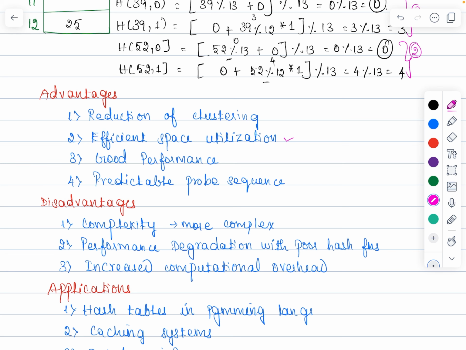The second one is efficient space utilization. The double hashing method makes efficient use of the hash table space by probing at variable intervals, reducing the likelihood of long runs of occupied slots. And the third one is good performance. Double hashing provides better average case performance for insertions, deletions and searches compared to linear and quadratic probing, especially as